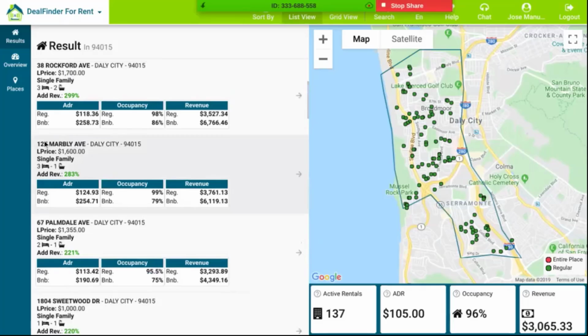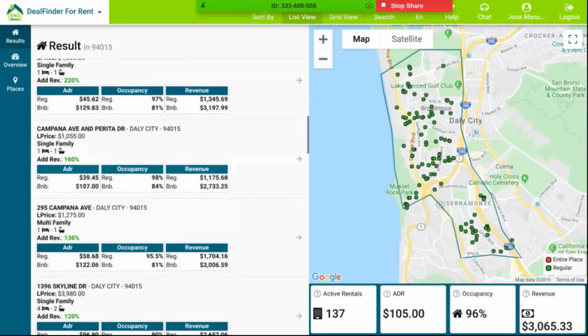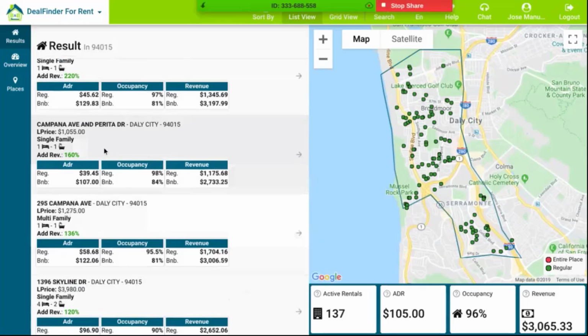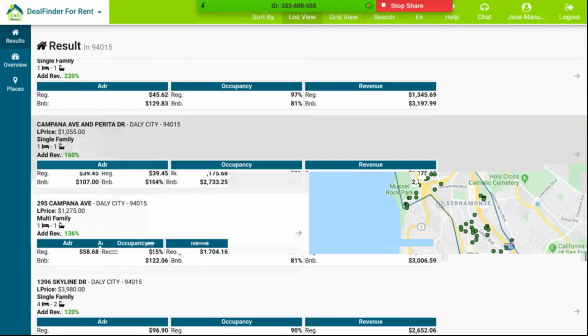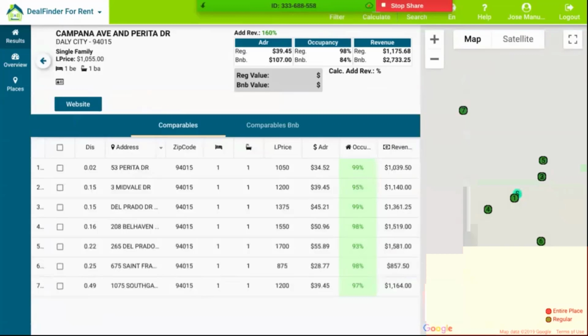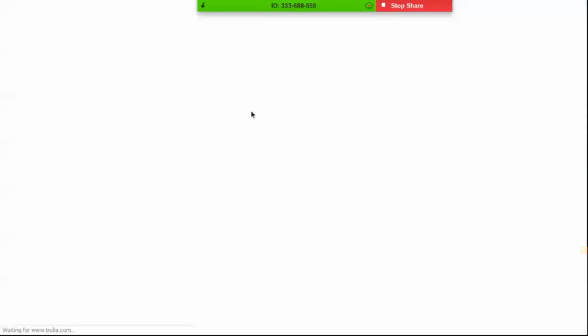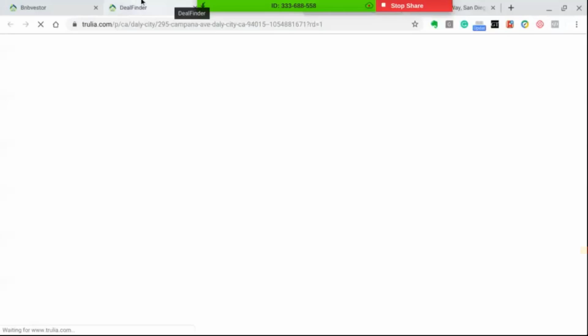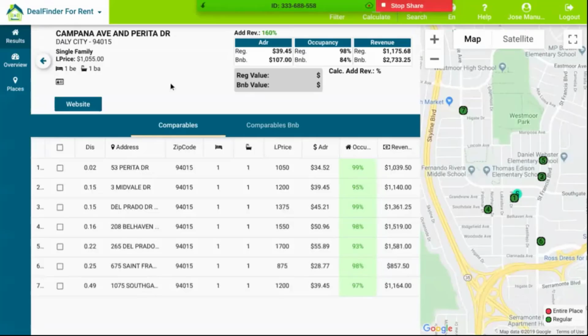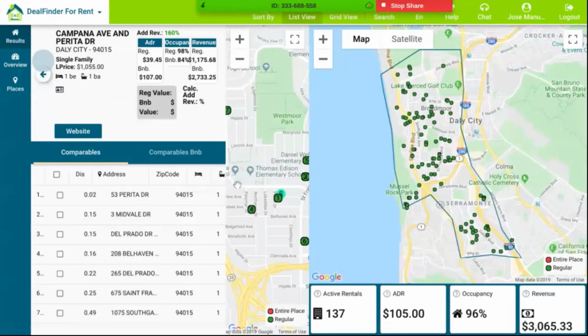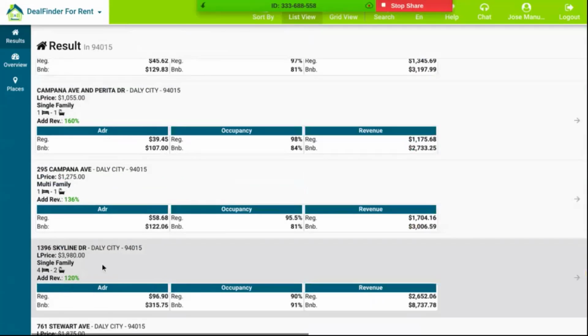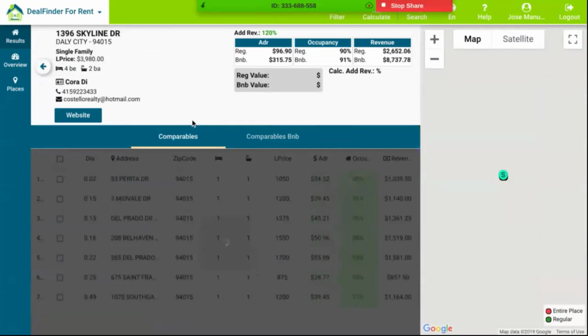Okay, let's pick any of them. What about, if you remember, not so long ago we were saying that houses with one bathroom were good in the business. So this one is just like that. Okay, let's check if the property is still available. It is not. I'm sorry about it. We need to take this one off. This one is single family. Let's see how this one works.